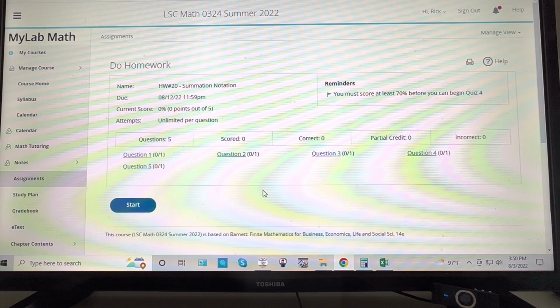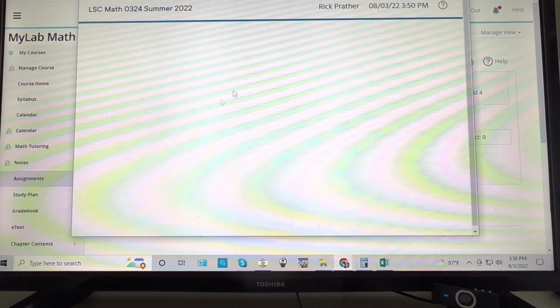So the word of the day today, the first letter is C as in cat. We have 5 problems here. Summation notation